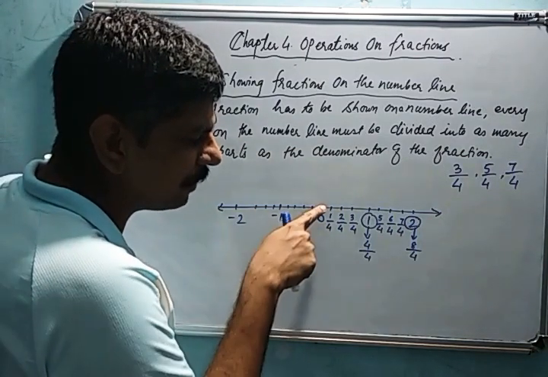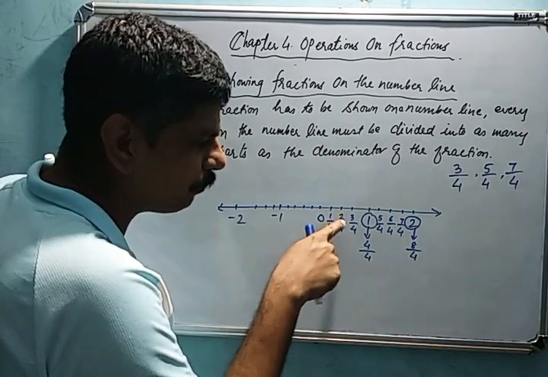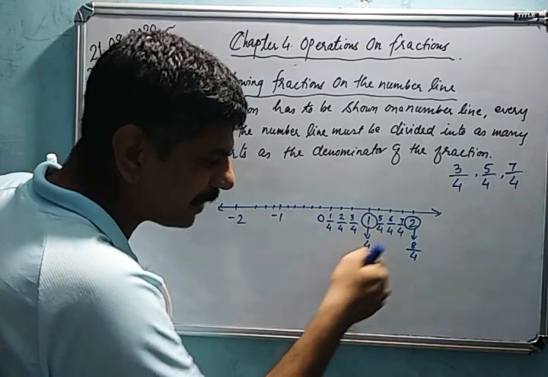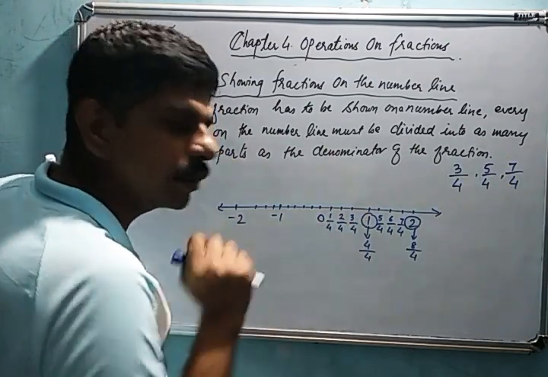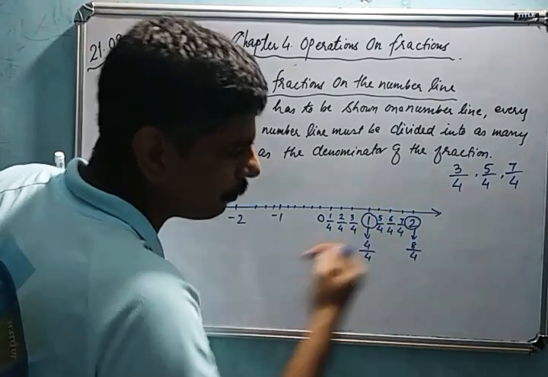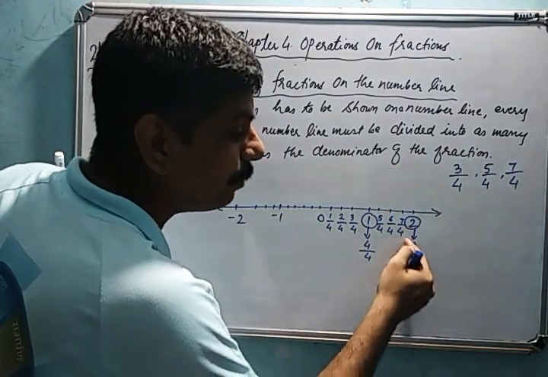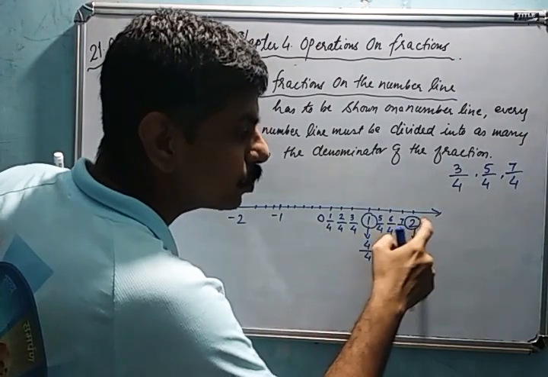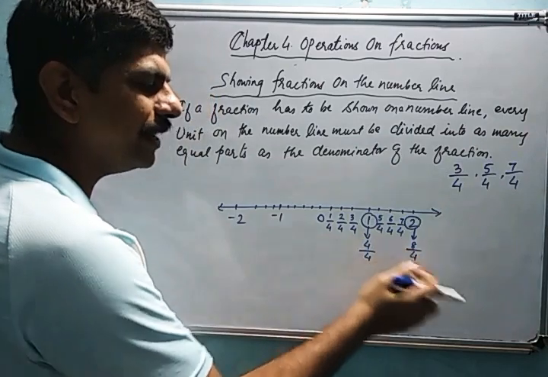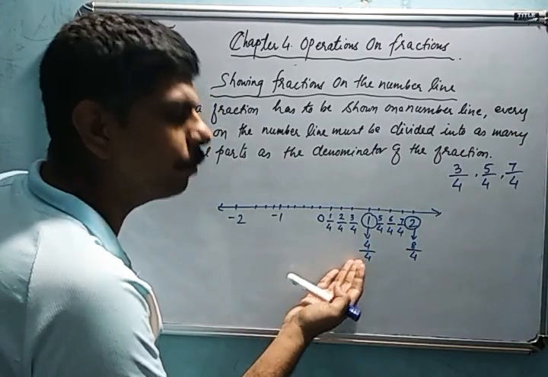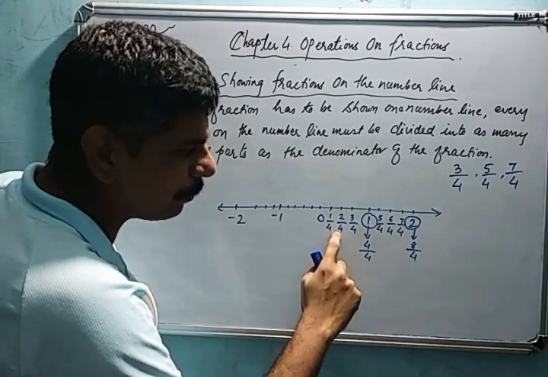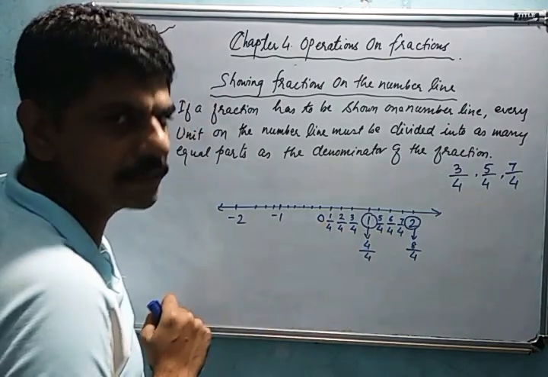The first part will be written as 1 by 4, then 2 by 4, 3 by 4 and 4 by 4. Now 4 by 4 can be simplified. 4 ones are 4. So that is our unit 1. Then 5 by 4, 6 by 4, 7 by 4 and again 8 by 4, that is 4 twos are 8. So I got here 2. So the whole numbers need not be written as fractions because 4 by 4 can be written as 1. But the remaining numbers are part of the whole, so you have to write them as fractions.